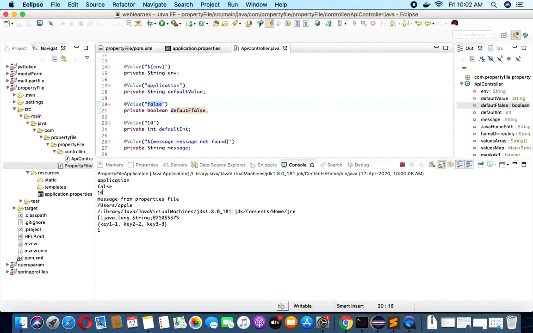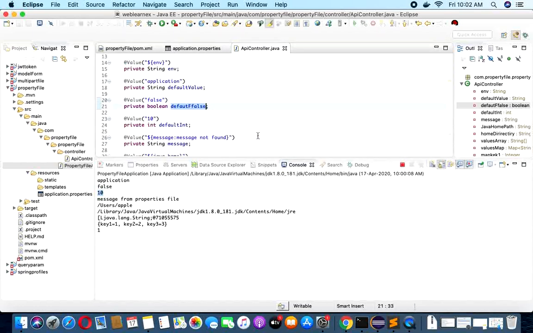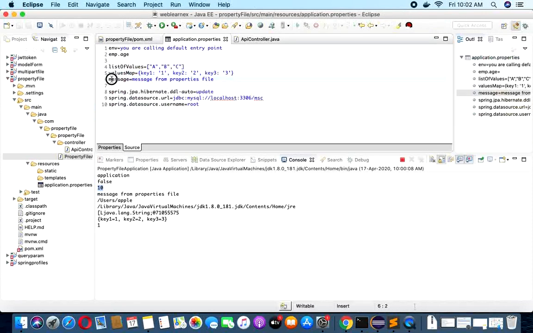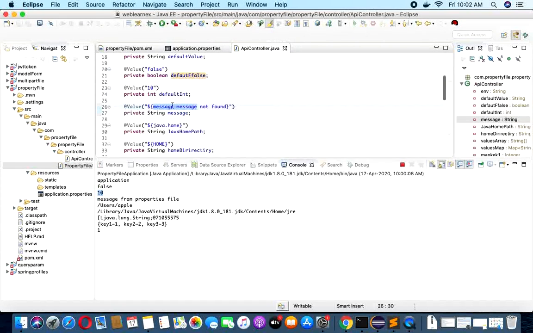This is my integer value. This is the message variable. So let me check if there is any message. Yes, this is the message. So if I configure my message variable in the property file, it is fine. That's why it's not printing this message. It is printing whatever value is in the property file.